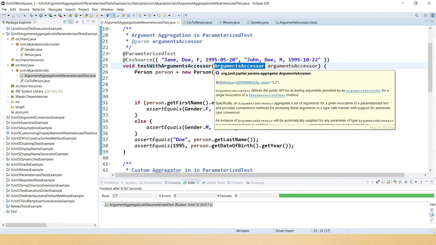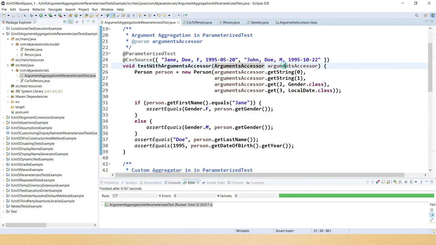ArgumentsAccessor is an API, or an interface, you just have to declare it. After that you can call arguments accessor get string. The first parameter is a string, the second is a string, so you can just get them from the declared CSV sources. But when you have a type that is not numeric but an enum, then you have to use get with the index.